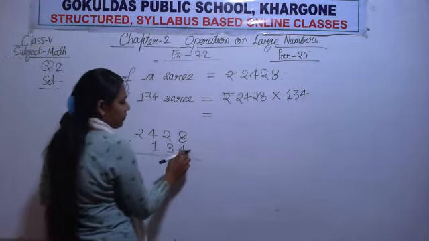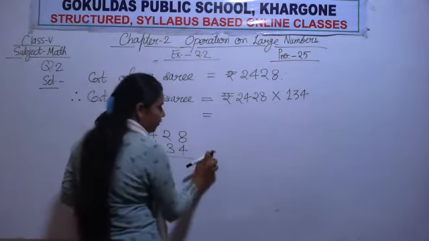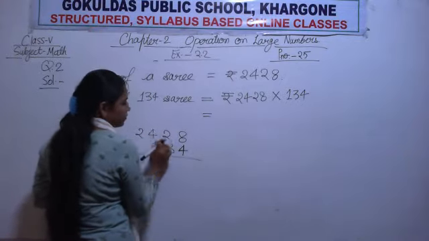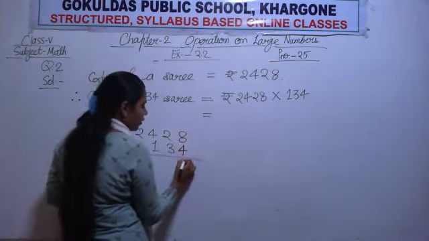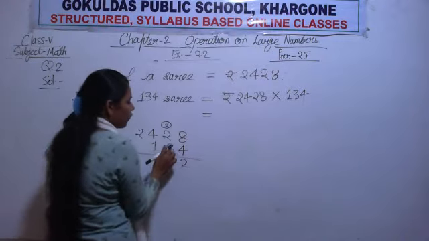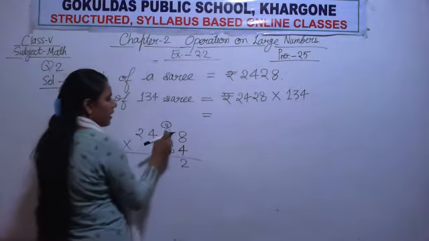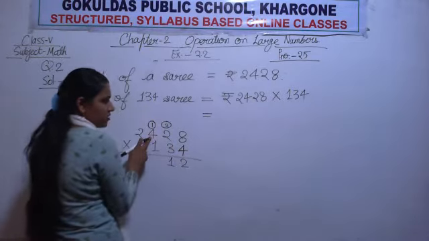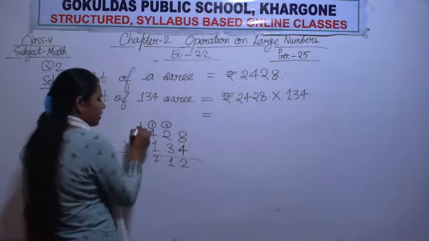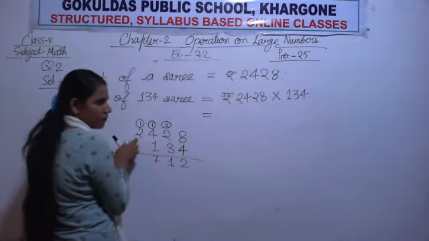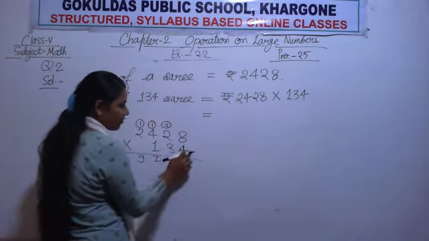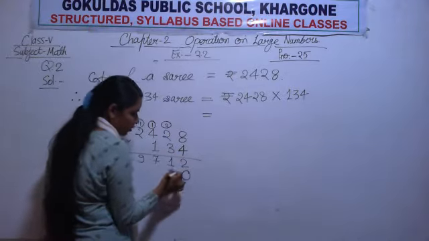In the first step, it is your multiplicand, it is your multiplier. In the first step you will multiply the ones digit of the multiplier with the multiplicand. So now multiply: 4 8s are 32. So 2 here, 3 carry forward. 4 2s are 8, 8 plus 3 is 11. So 1 here, 1 carry forward. 4 4s are 16, 16 plus 1 is 17. So 7 here, 1 carry forward. 4 2s are 8, 8 plus 1 is 9. Now you have done with the 1 digit of the multiplier, so put 0 over here.